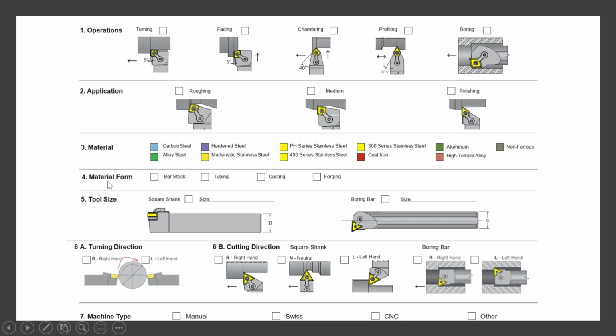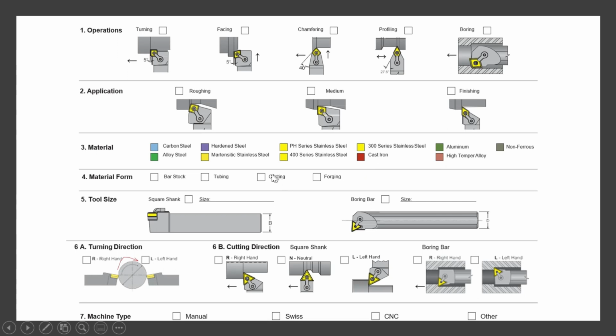Okay, what is the basic manufacturing process of the material? Whether it is a bar stock prepared from an extrusion process or rolling process, then tubing, whether it is a tube, a cast part, or a forged part. As per that, different kinds of inserts are used, because compared to casting, forging has higher hardness for the same material.